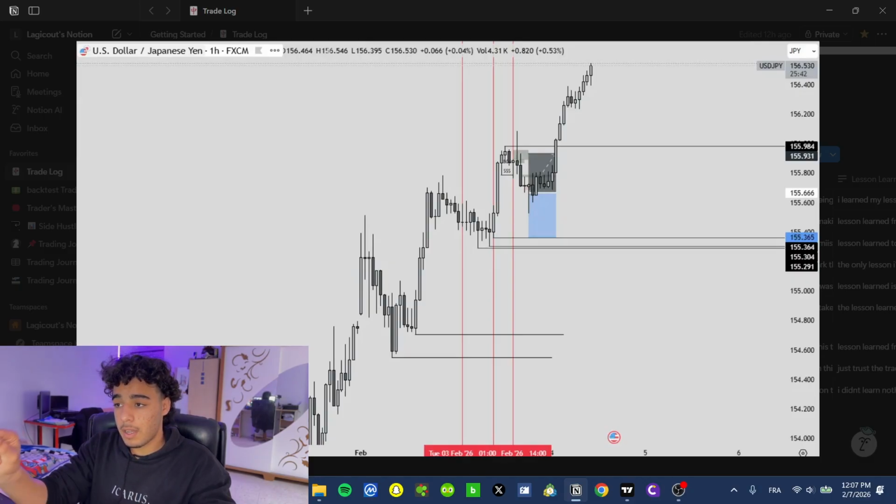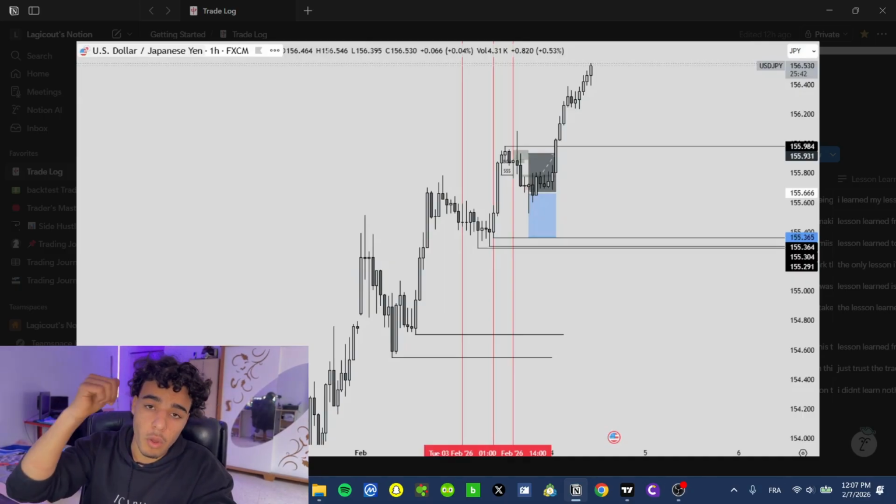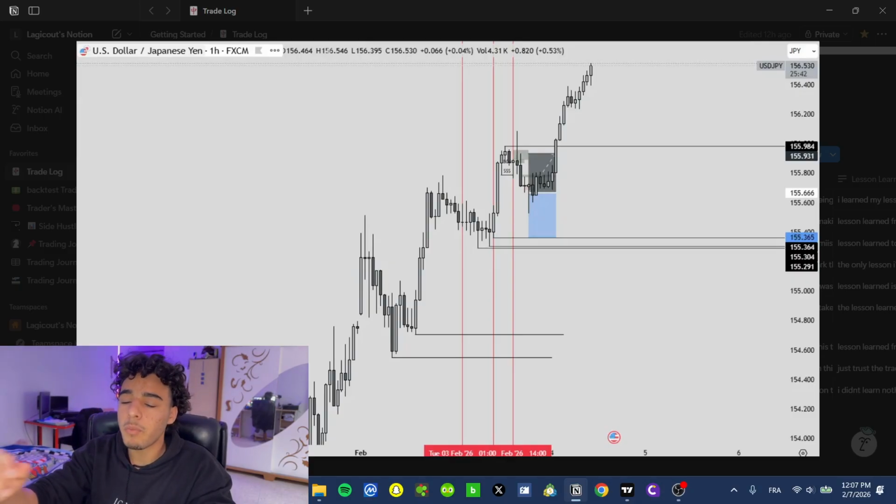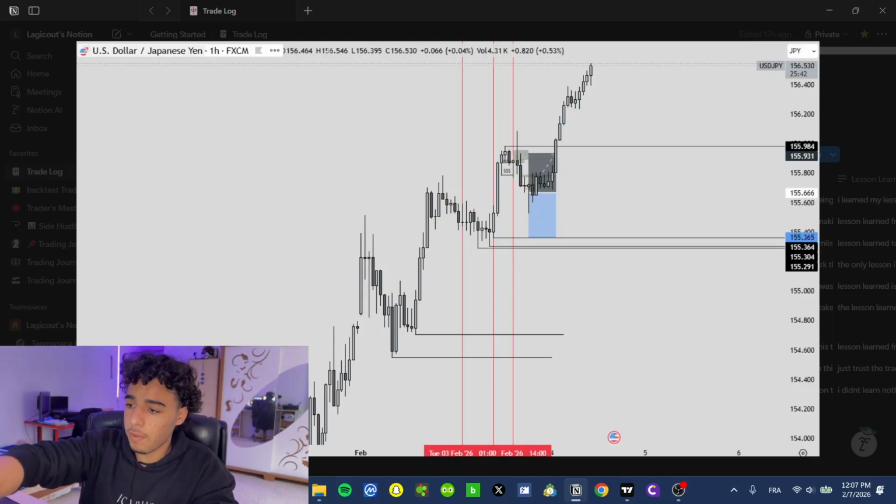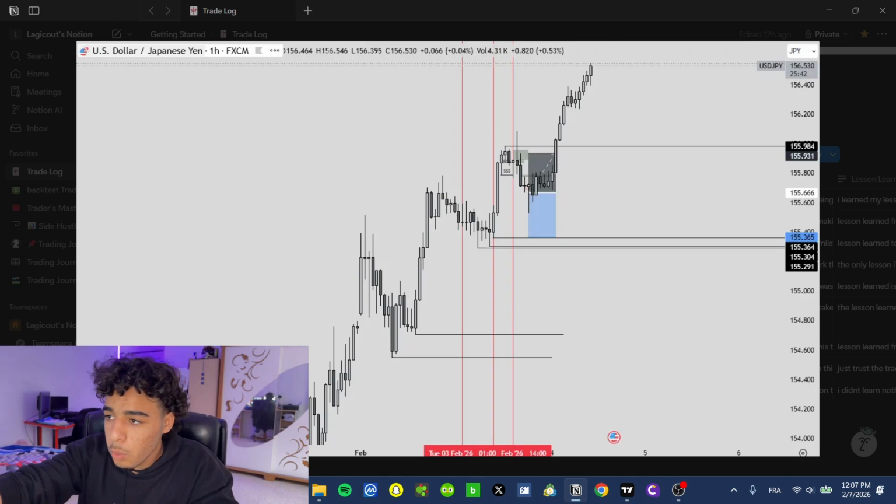So I learned from this mistake exactly because I knew that on the 4-hour, on the daily, on the 1-hour, and on the 15-minute time frame, we are bullish. We are in a bullish time frame. Look at the uptrend. It's very clear that we are in an uptrend. Also, we have this